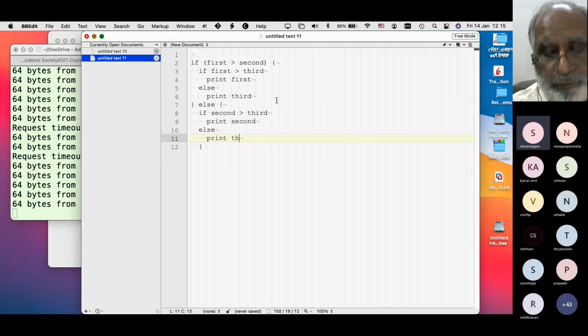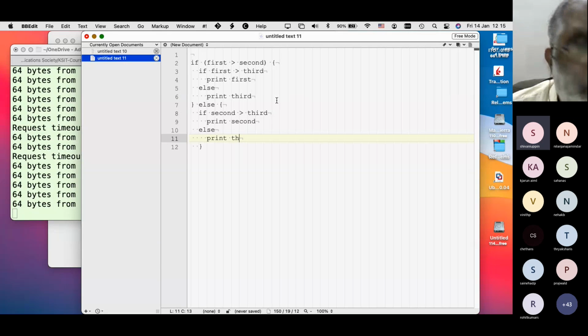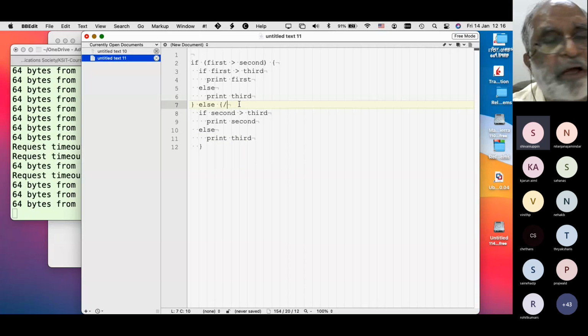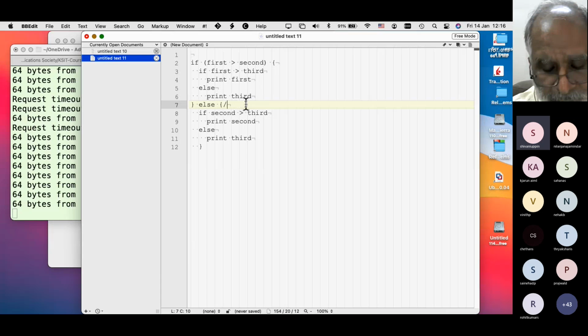This also would give the answer. So there were fewer comparisons. In this case, first is not the maximum, so that cannot come. Only second or third could be the maximum. If second is greater than third,